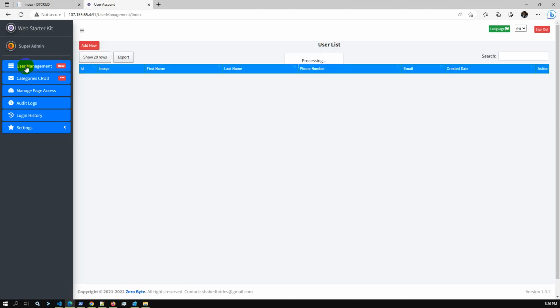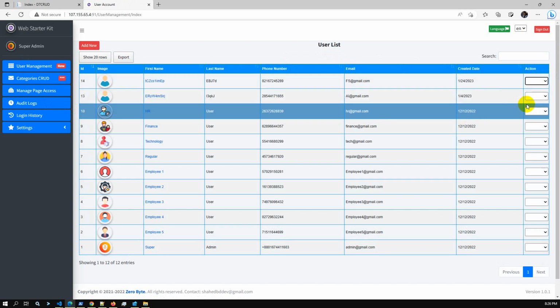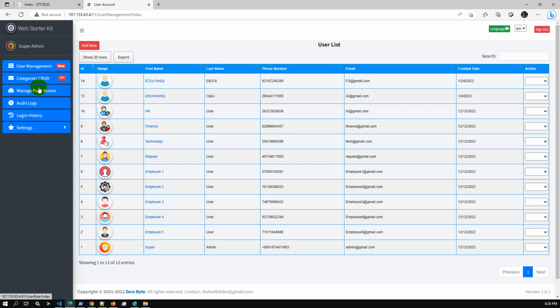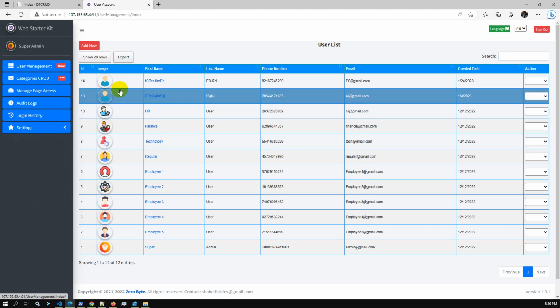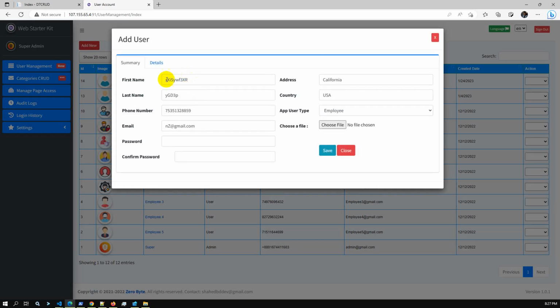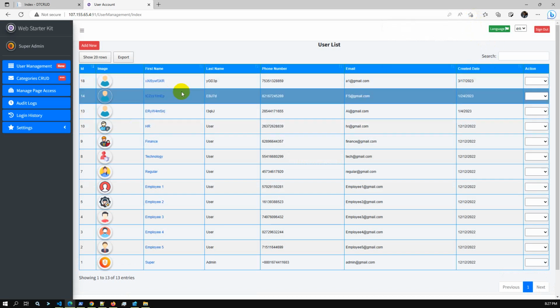And if we go to the user management, we can see the detail list with the grid view, and in the action column you can add, edit, and manage page access. So this is the role base. This user is a general user and can only access 3 pages, not all the pages. So using the system settings and user management, let me add a default simple user. This is the first name, last name, and if I add a1@gmail.com, a simple password, user type, let's say regular, save. So user A1 created successfully, and if I log in using A1,